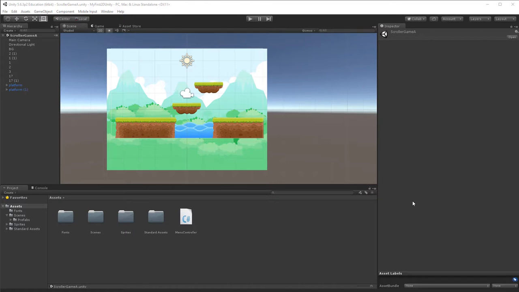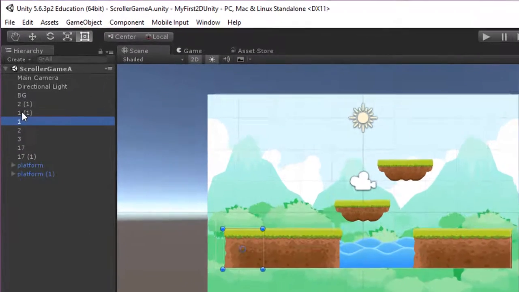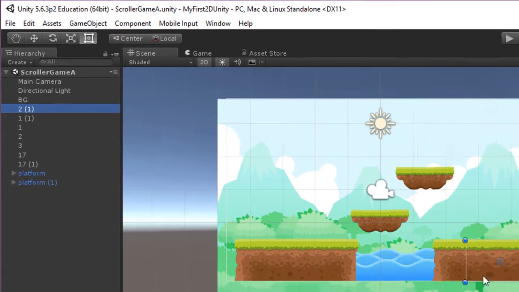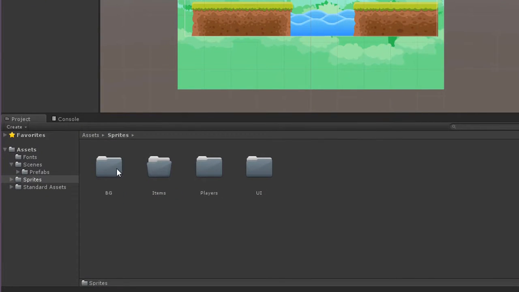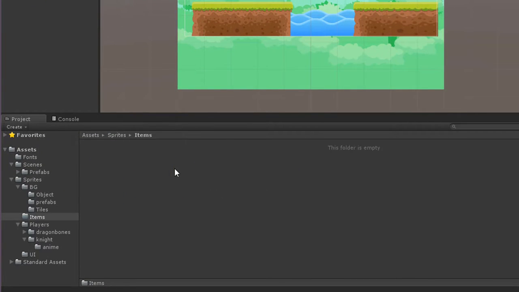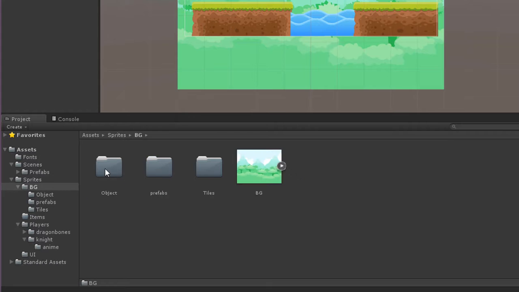Looking at what we did from the last video, there's a few things we want to tidy up before we move forward. First of all, I'm using these individual pieces here, and I would rather use these as prefabs. So I'm going to have to convert these to prefabs. So I'm going to go into my sprites, and I believe that would be, yeah, so we have it in